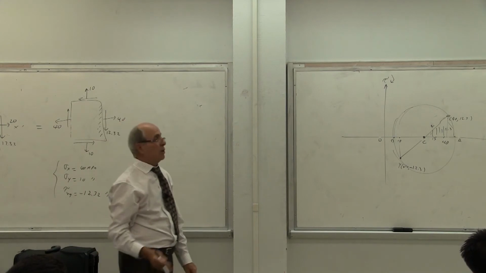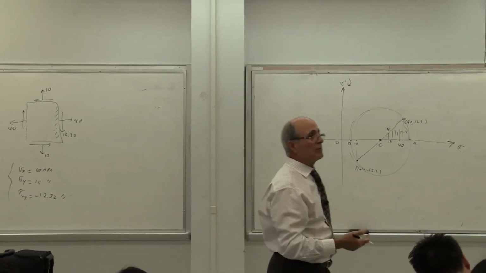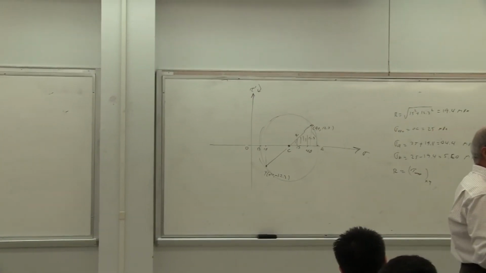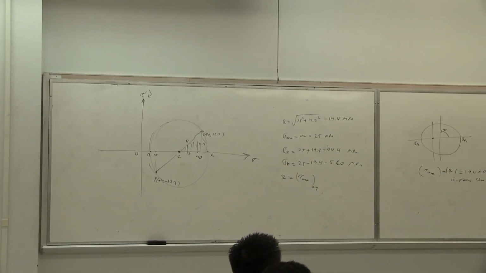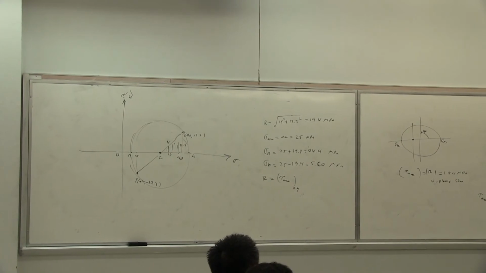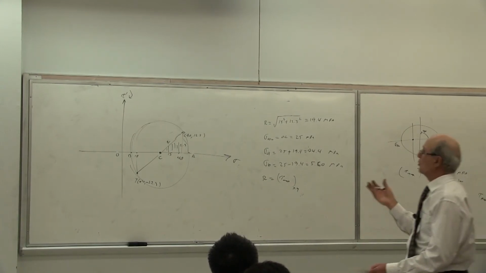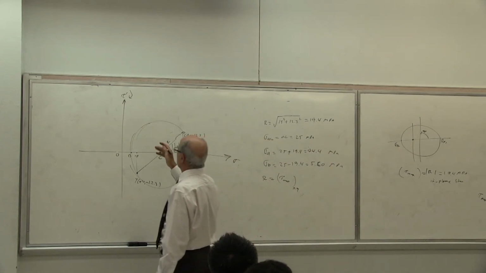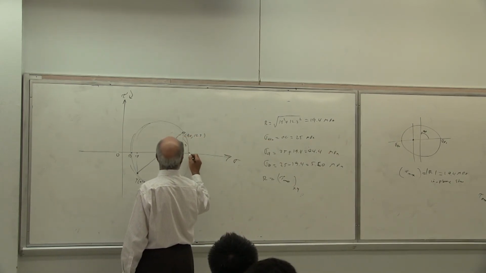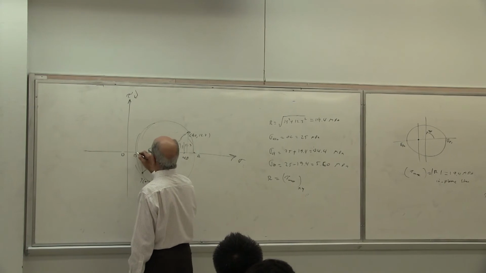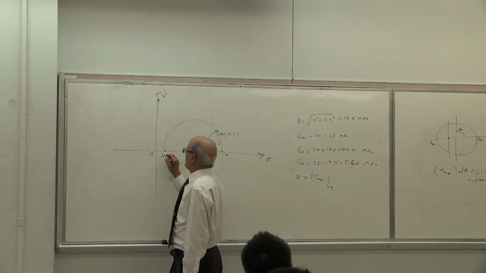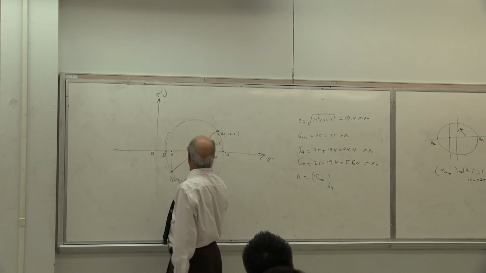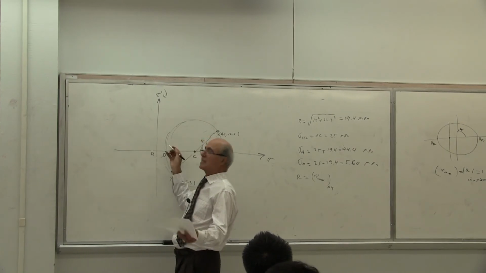Yes or no? But is this really the maximum shear up there, or is there another shear there? There are two more shears, and I have to look at those. Those are the rotation about the y-axis and the rotation about the x-axis. But you don't have to worry about it. Since we already know the significance of that one, this one is a circle between A and B, which is x and y. Everybody see that? This is y and z, and that is x and z. That's as simple as that.